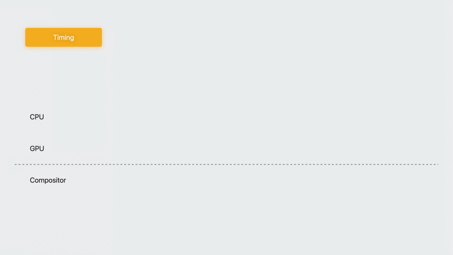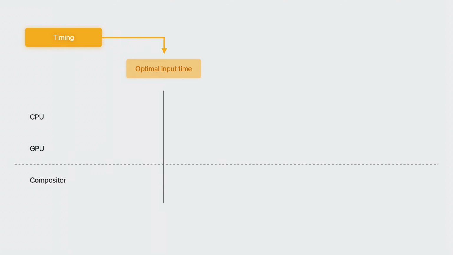In order to define the timing for each of those sections, Compositor provides a timing object. This diagram defines how the timing affects the different frame sections. The CPU and GPU tracks represent the work that is being done by your application, and the Compositor track represents the work done by the Compositor server to display your frame. The timing type from Compositor services defines three main type values.